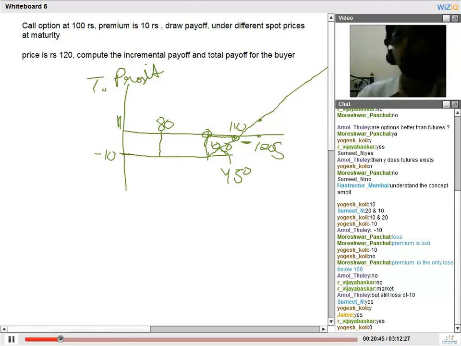This is the payoff on a long call. So the long call position benefits as the stock price goes up, with the added advantage that it does not lose as much if the stock price falls. The worst case loss for a long call position can be the premium. So this premium is not really a very small amount. It is a fair amount, and in the worst case you can only lose the premium. Even if the stock goes down to 0, you can only lose the upfront premium.